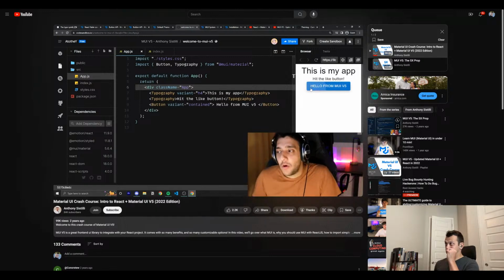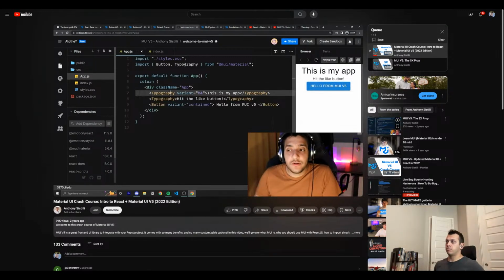So for example, I don't want all my default button colors to look blue. There is a way to change that, and I don't want my text to have this typography or this size for all my H1s. And the example I like to use is I worked for a pretty big enterprise company, and I led the team where we actually had to create an entire design system of internal components. And what we actually did was I told the developers I was going to be using Material UI as the